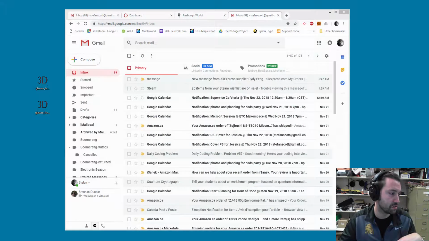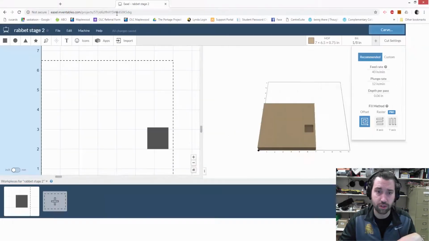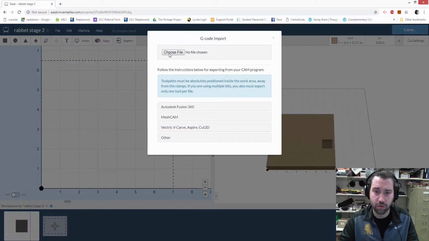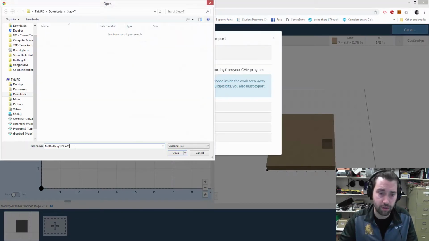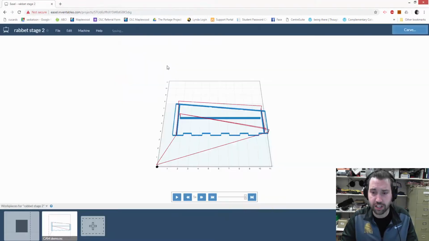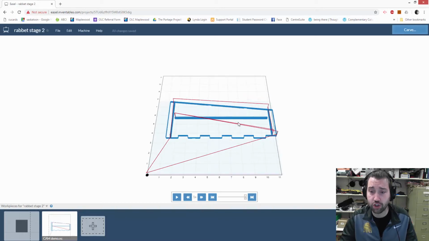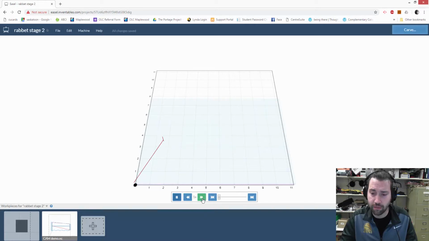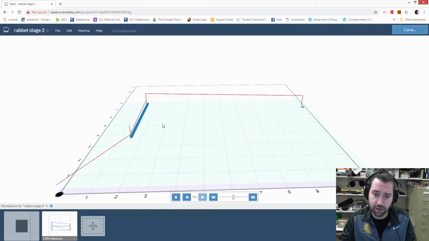If we were logged into Easel, which I am here, if we went to import G-code, we'd have to find that particular file, which I know is in here. We called that cam demo. It's going to take a second to validate the file, and then it's going to show us a preview of what's going on. We'd be starting at that home location, and if I hit play here, put it at 32 times, it's going to show us what should be a very similar simulation to what we saw in Inventor HSM. We can see right now it is running 2 passes through those channels,